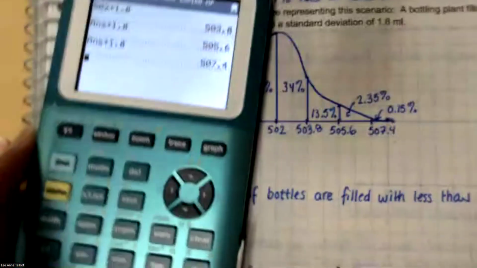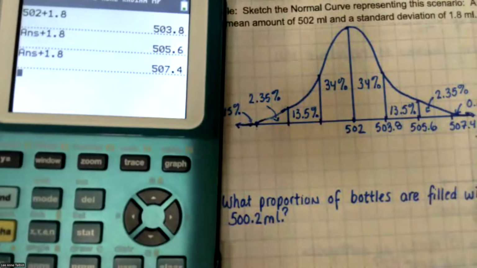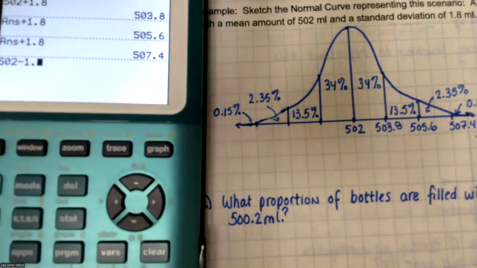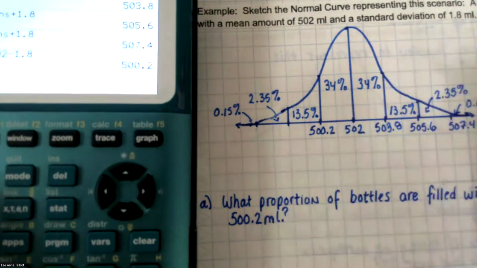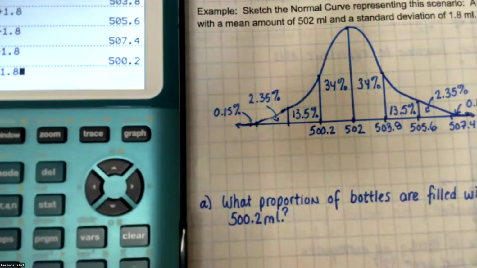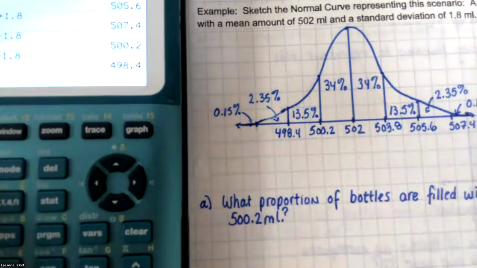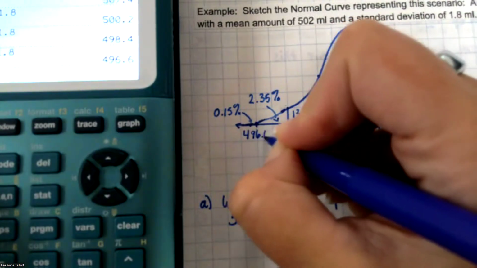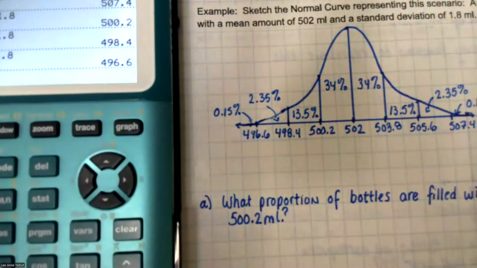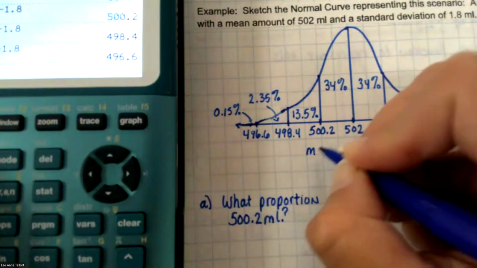Okay, so now I'm gonna go to the other side. 502 minus 1.8, minus 1.8, minus 1.8. Okay, and then just because we're sophisticated individuals, we're going to label this